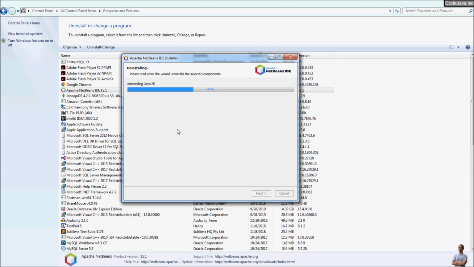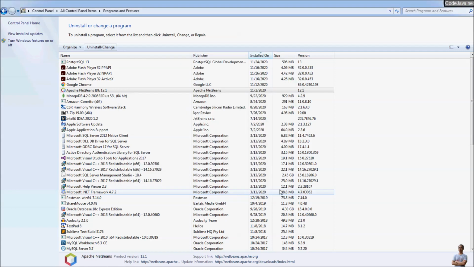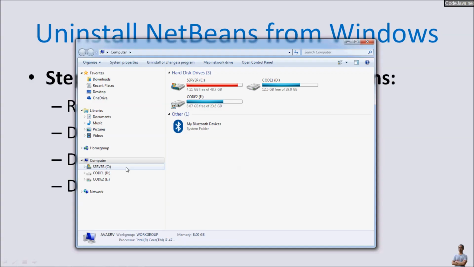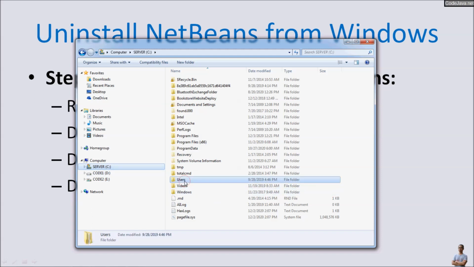The uninstaller program will remove the installed files in the program files directory, as well as icons on the desktop and icons in the start menu. So the uninstaller completed successfully. Click finish. And then you need to open my computer and go to the user home directory, which is usually under the C drive users directory here,